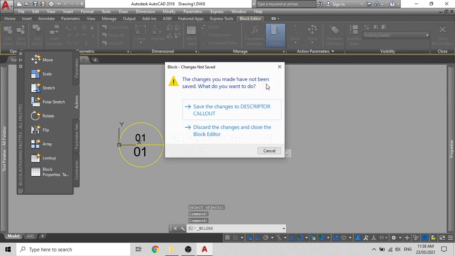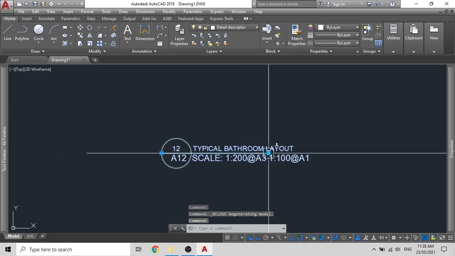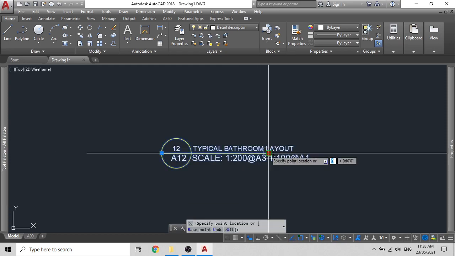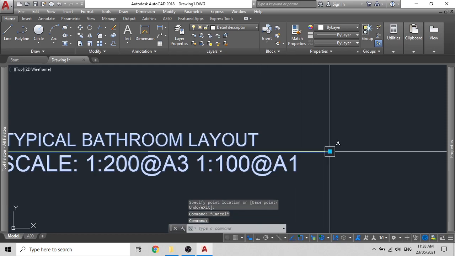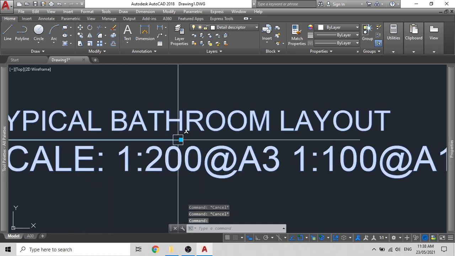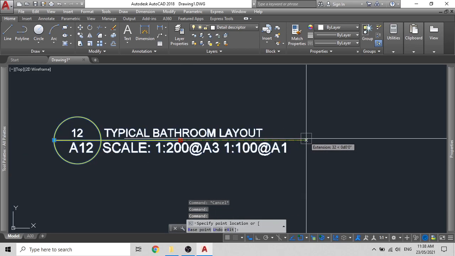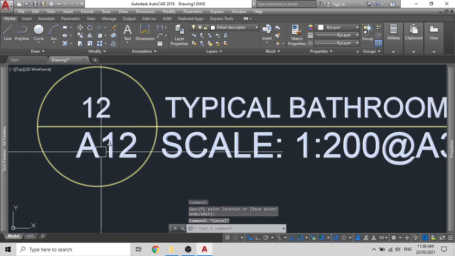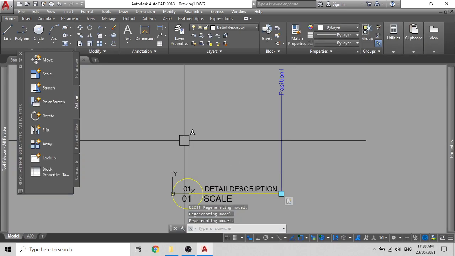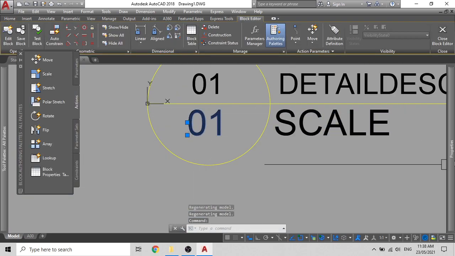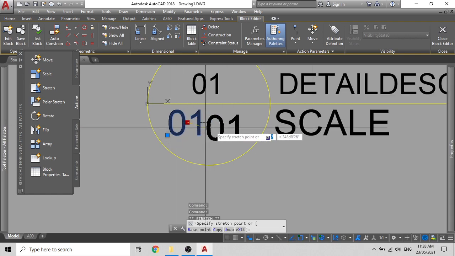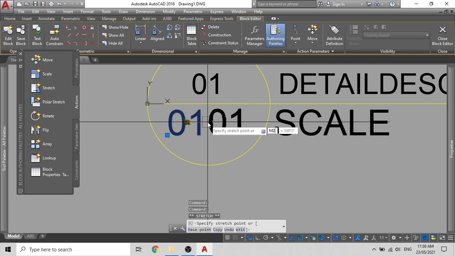Then it has put your stretch command properly. Now what you can do is close your block and save the callout. Now you should be seeing this. Remember, if ortho mode is turned on, it will be very difficult for you to snap this properly into place. And now after that setup, when you click on this block, you should be seeing this. Click on OK. Now that you are seeing that this text is currently offset, so what we'll do is type on block editor, click on OK, put this text to middle center, justification of it to middle center, and what you can do is just mirror it to point or move it to point.